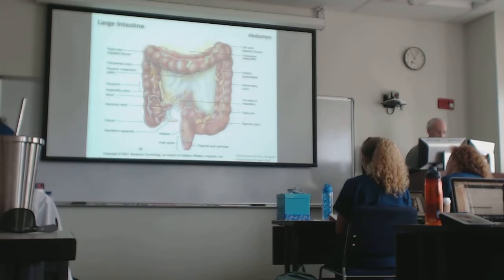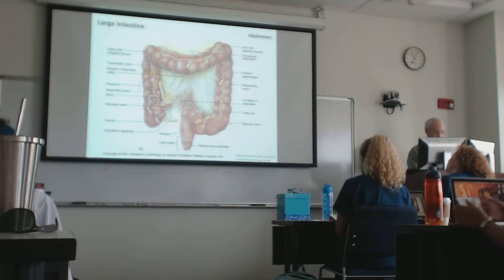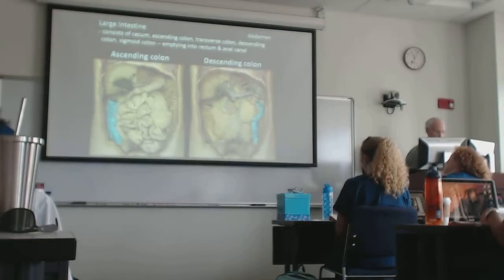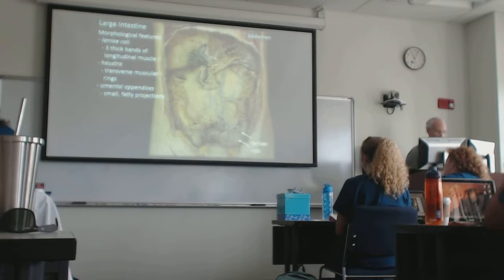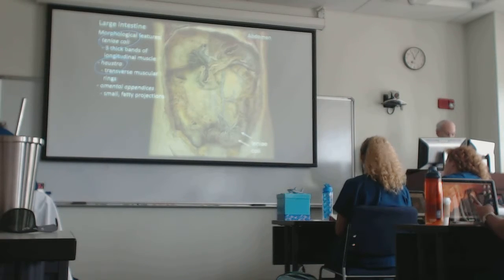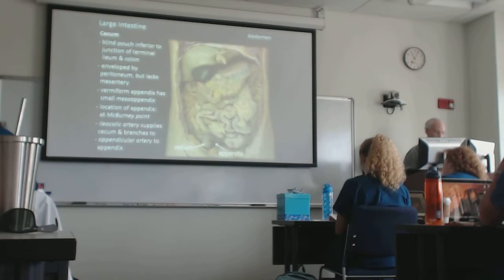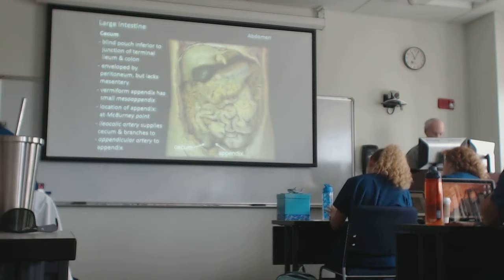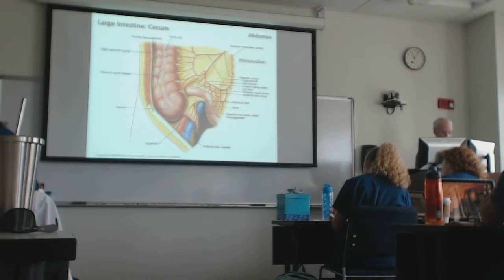Now, as you can see, there's peritoneum all through here. The cecum itself, okay, a better illustration here. We've talked about the taenia coli, we've talked about the haustra, we've talked about the fatty appendages. The cecum, I was trying to find it, here we go. So here's a mesocolon. So remember